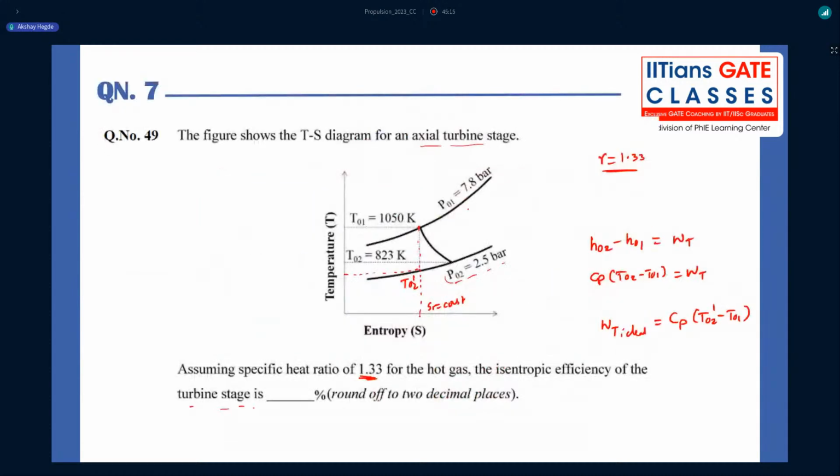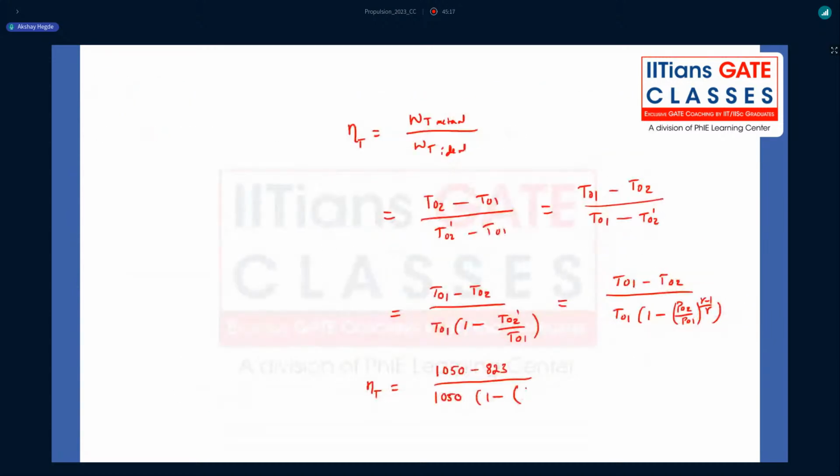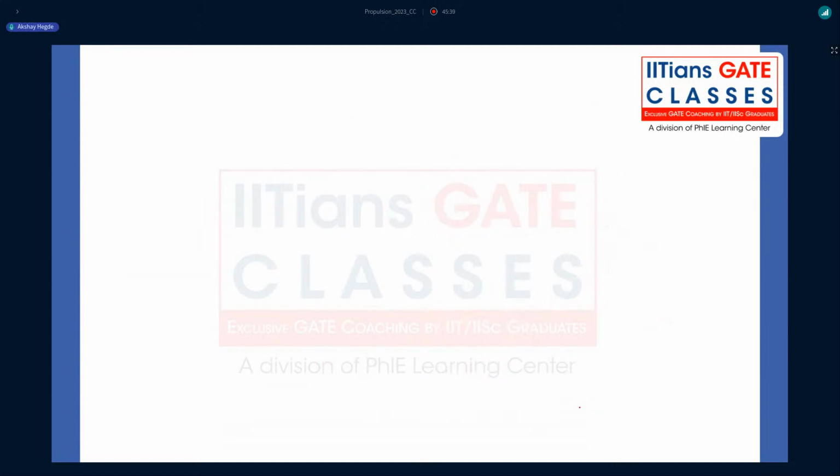P02 is 2.5, P01 is 7.8, so 2.5 divided by 7.8 to the power of gamma, which is 1.33, so 0.33 divided by 1.33. Right? So the efficiency of the expansion, or the turbine, should come around